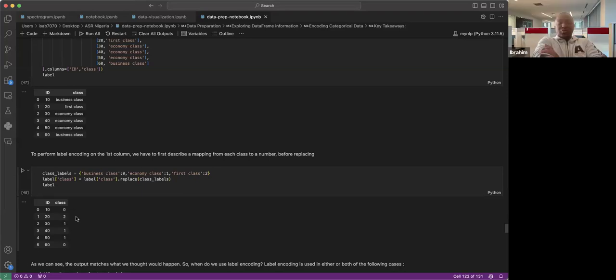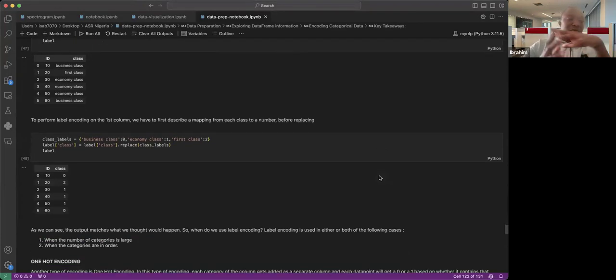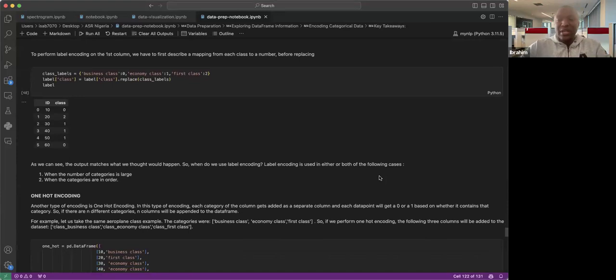But we also said that this may have some limitations. If you have so many classes, you need different labels for all your distinct classes, and that may be problematic and not as accurate. It makes the computation very difficult. So another way to do it, which is a very efficient and helpful technique, is